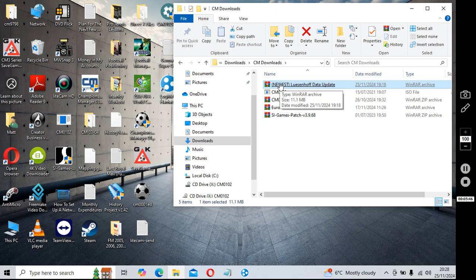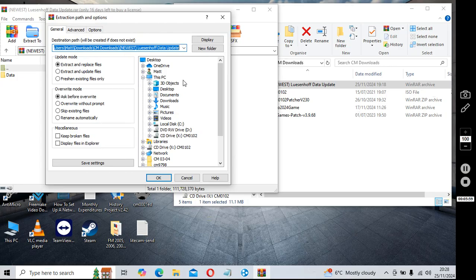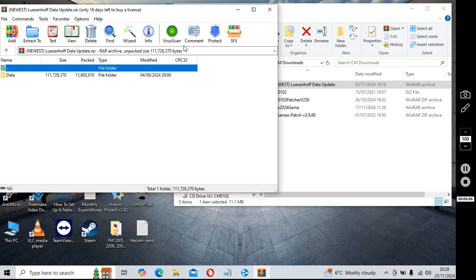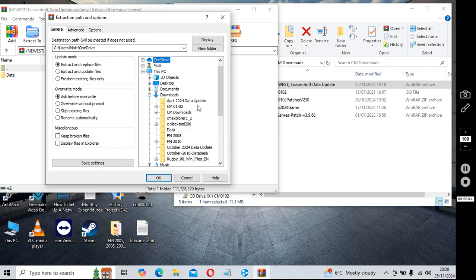What you need to do to extract something, once you've downloaded WinRAR, or if you've already got WinRAR, just double click it, go to extract to, and extract it wherever you want. Usually I keep it in the downloads. So go to downloads, click OK. Oh no, sorry, ignore that, I already had it. So I'm going to go to downloads, and I'm actually going to go into there. You can extract this anywhere, the desktop, anywhere you're going to find it. I'm just doing it here because it's easy for me. So I'm going to extract it in there,